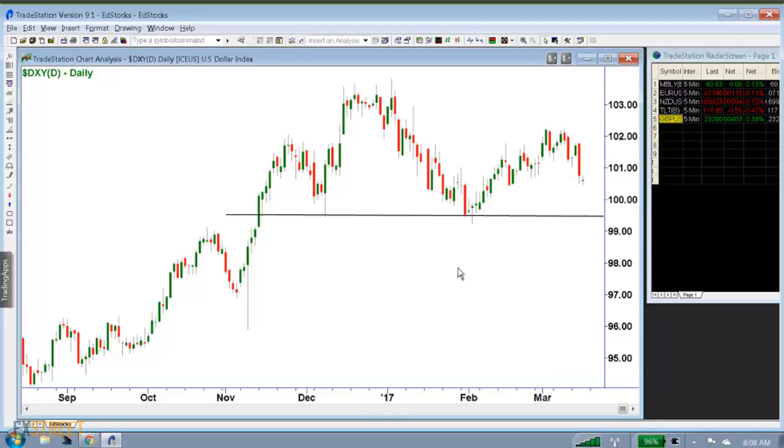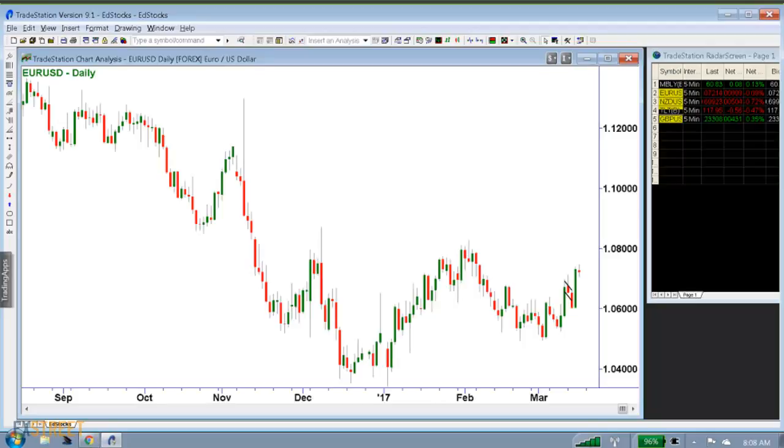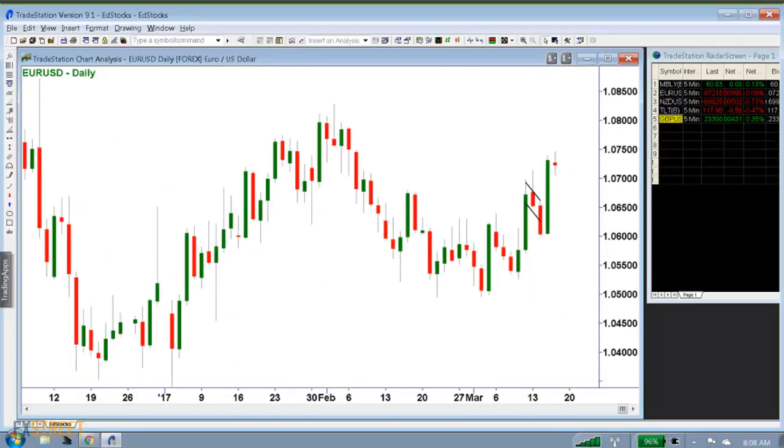Is this your green light to short dollars? It might be. And if you're going to short dollars, you probably want to buy something strong against the dollar, which would be the euro. The euro had some really good news yesterday. The Netherlands election did not go to the anti-euro candidate. Geert Wilders came in second place, I believe, and did not win. That's very good news for the euro, and you can see a very big green candle there.